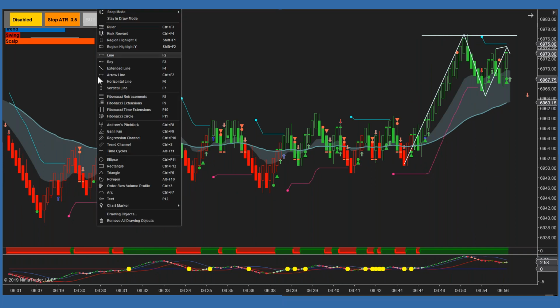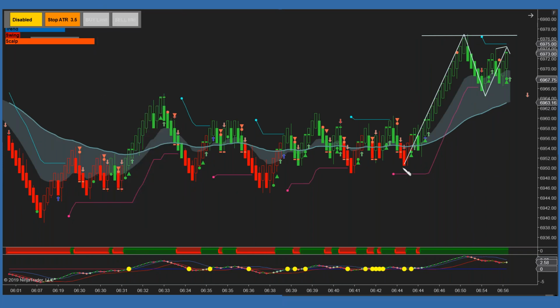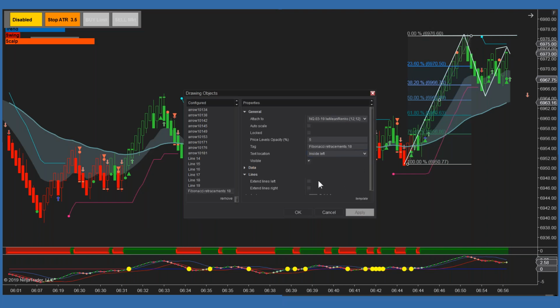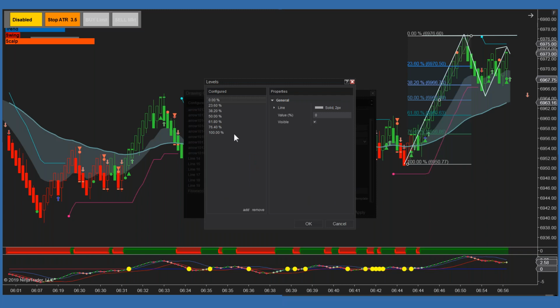So let's select our Fibonacci tool again. We're going to draw it on here and right click on the indicator. We're going to shoot the lines over, and now we're going to edit the price levels. Now, for the extensions, unless you want to keep some of these lines, you really don't need them. So we're going to add some lines now. The two most popular extensions are the 127.2